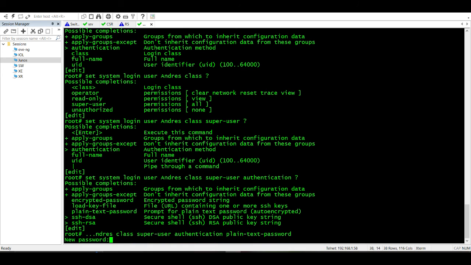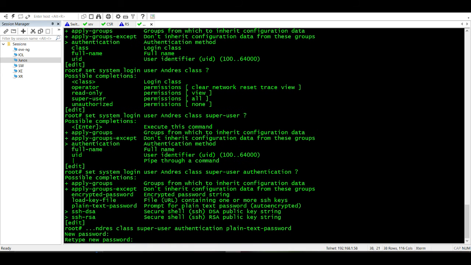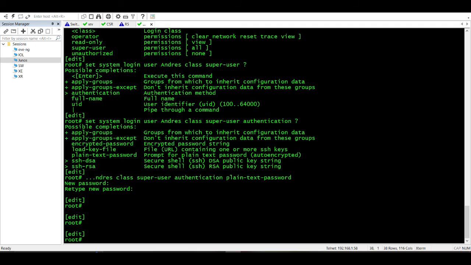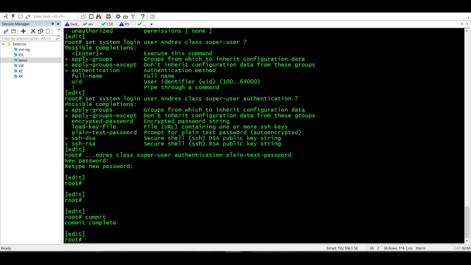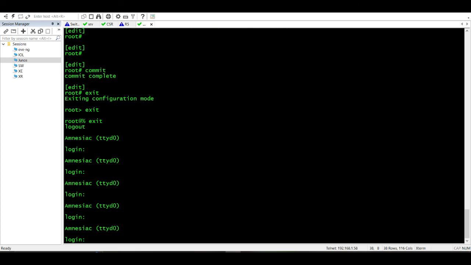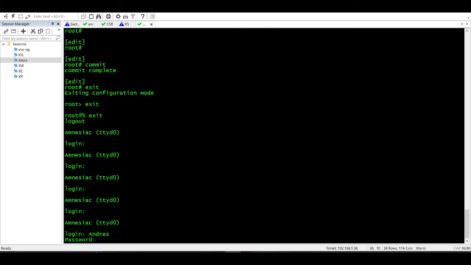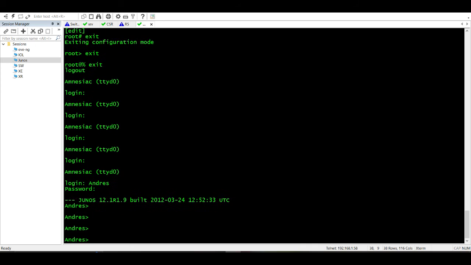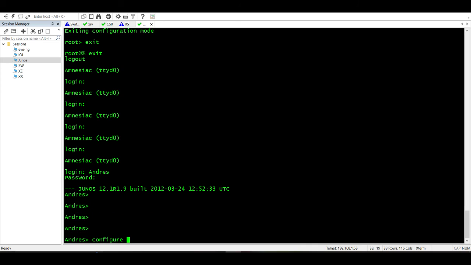Okay, the password Andres, and commit, and exit. Login with my user Andres, password Andres. Okay, configure exclusive,